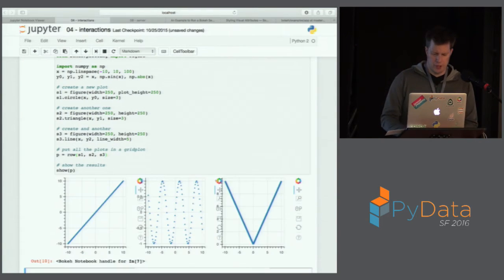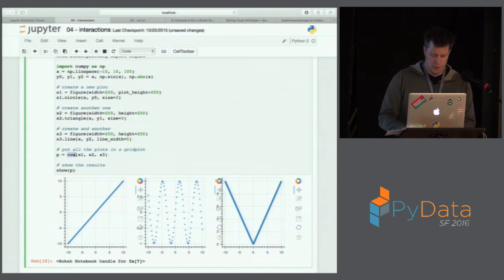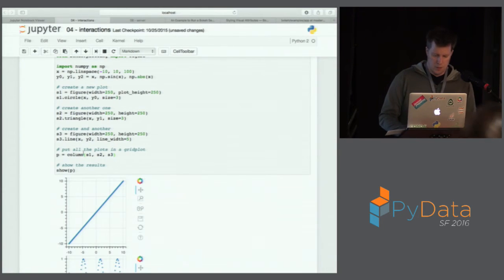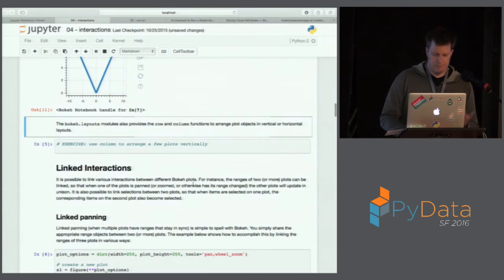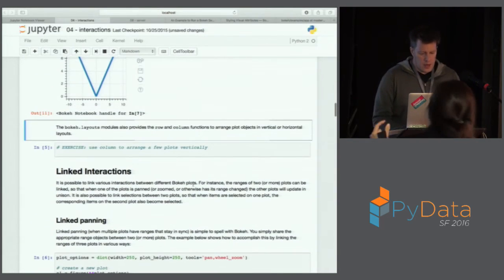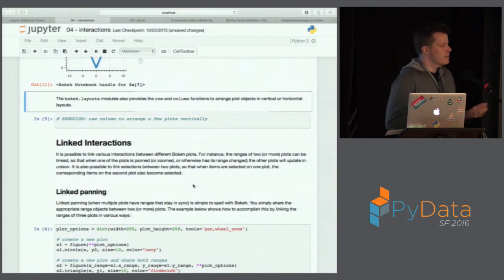And that's just an easier way to generate a row. Note that, again, the toolbars there are not collapsed. Column also here will generate a column of plots. So there you go. Anyway, the next thing, the reason that this is a nice setup, is